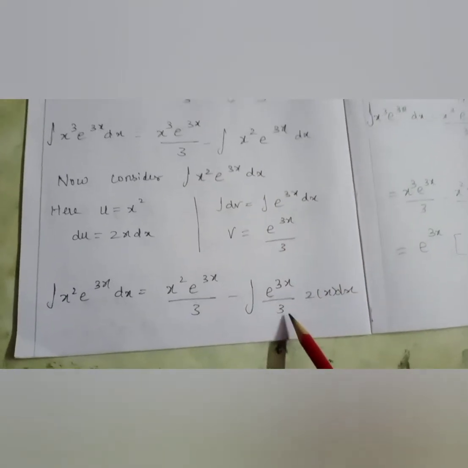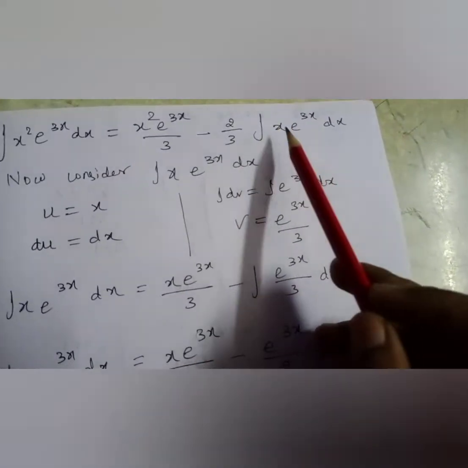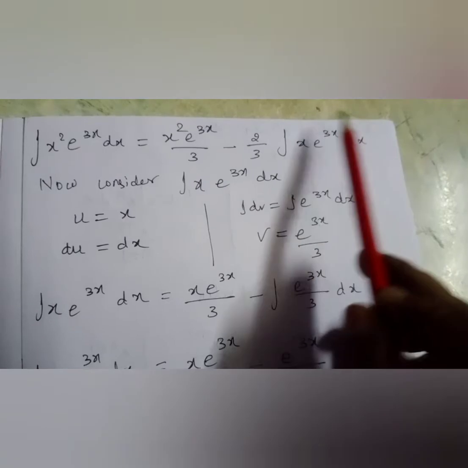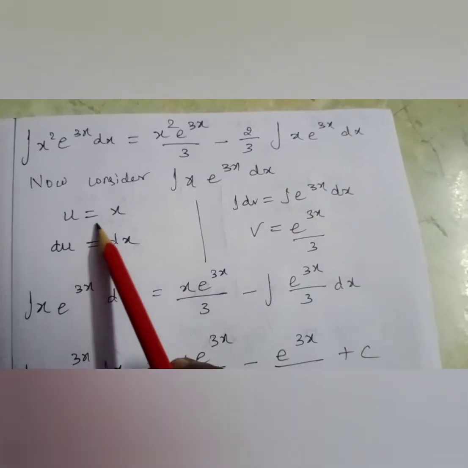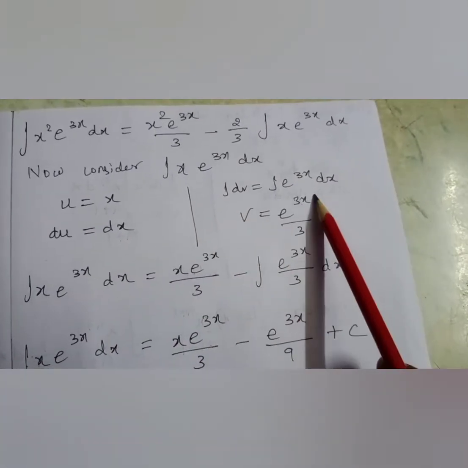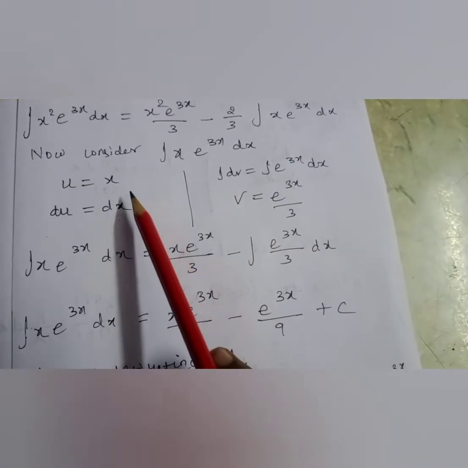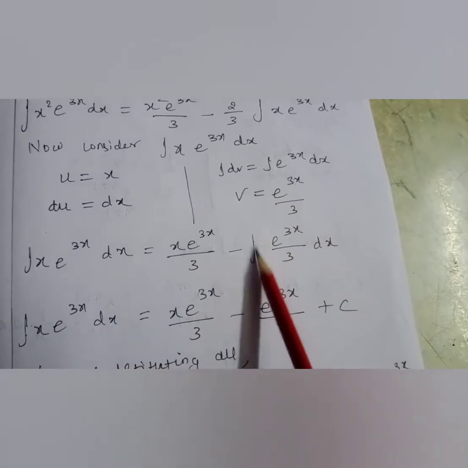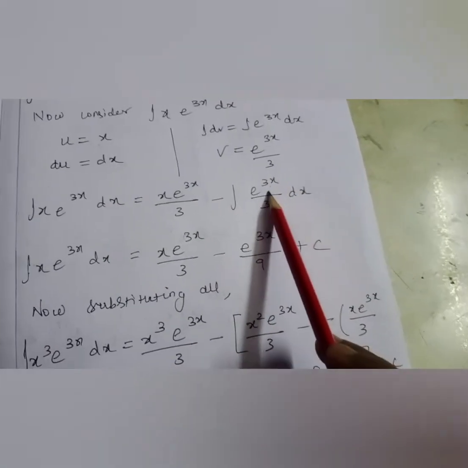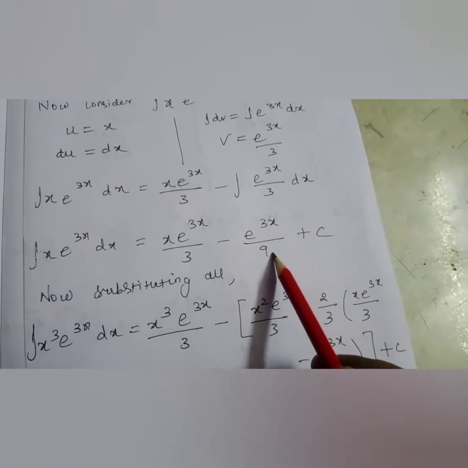So substituting that, I am getting 2 by 3, which is a constant. I can take it outside. So taking it outside, I am again getting x e power 3x dx. So once again in this expression we will use integration by parts, where u will be x and dv will be e power 3x. So again du is dx and v is e power 3x by 3. Now for this part alone I will substitute, that is uv. U is x and v is e power 3x by 3, minus integral v du. This is my v, e power 3x by 3 into du, which is dx. So integrating this, I will get e power 3x by 3. There is already 3 in the denominator, that is e power 3x by 9 plus c.